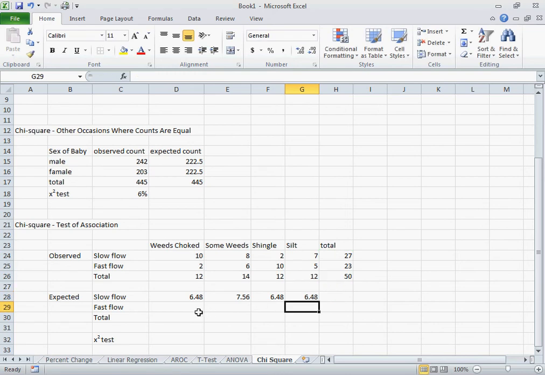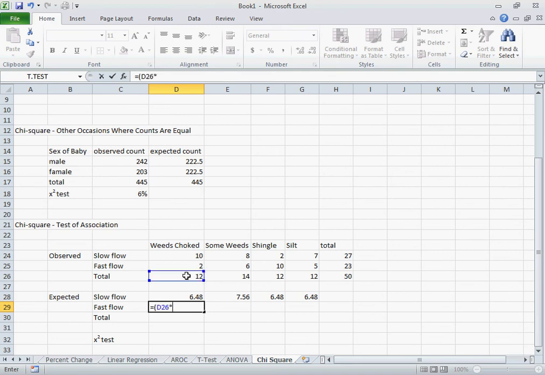We need to do the same thing for the fast flow. So we're going to put our equal sign in, bracket, our total for the column, times, now we're going to the fast flow, so we're going to click on that row total, divided by